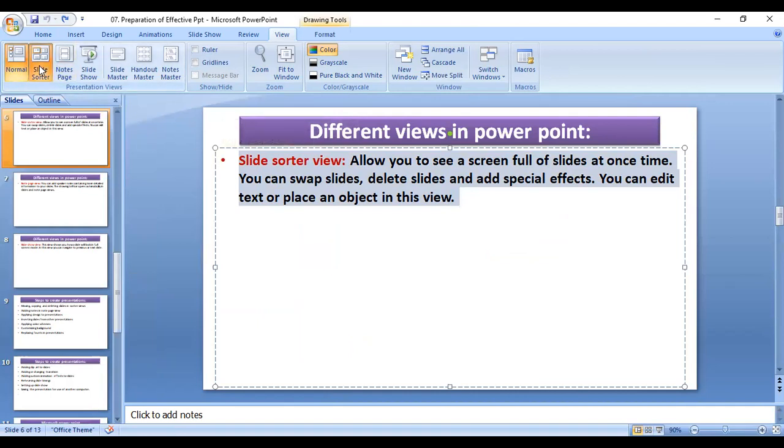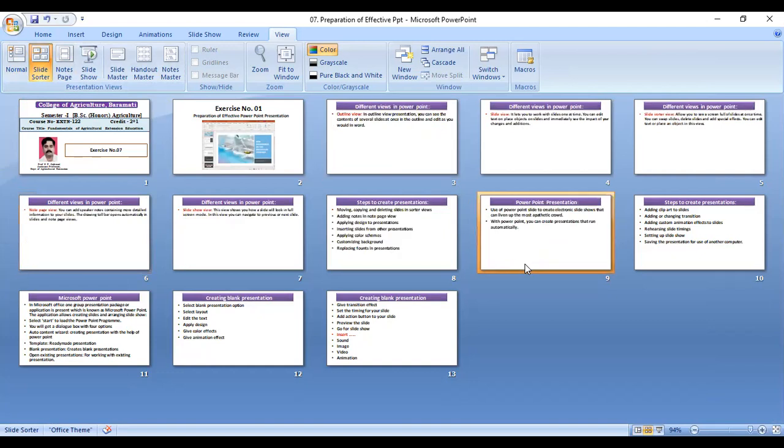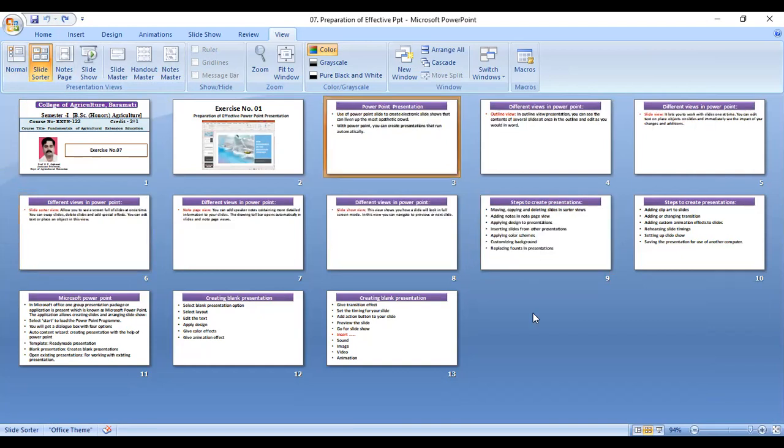So you can make changes in the slide. You can reshuffle the slides. Here you can see the slide number 12. I will change it to 30. So that change I am able to do in a slide sorter view.